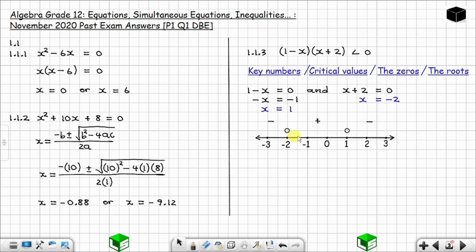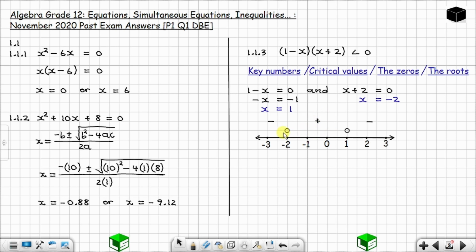Now, after testing our intervals, you can see according to this inequality, you only need this to be less than 0. And you understand that less than 0 means negative. So which interval is going to satisfy this inequality? You can see only the part which is negative. Remember, negative is less than 0. So it will be this part, right? And this one, not the one in the middle, because in the middle we have positive.